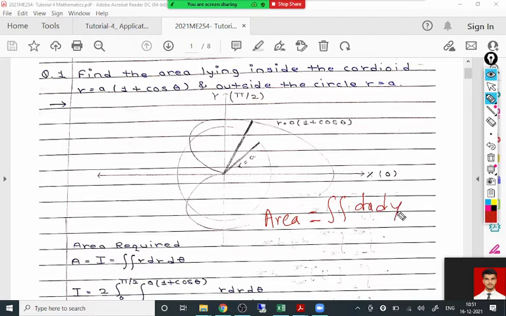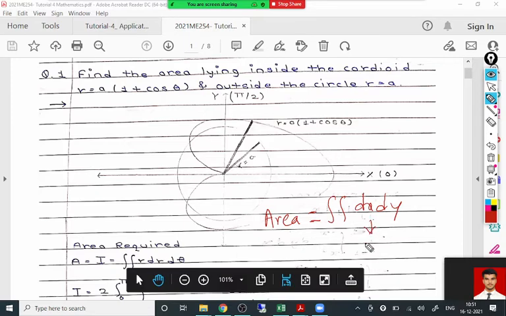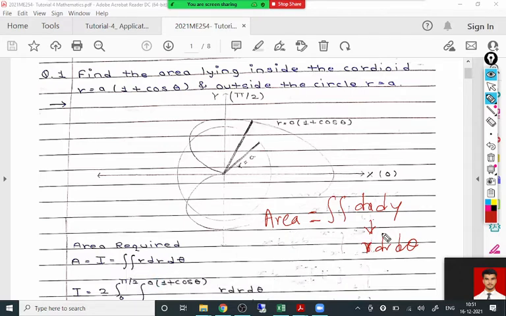Now, when we transform the double integral from Cartesian to polar, except for the ellipse, the value of dx dy is r dr d theta. That you have to remember. And why is that r coming? R is coming because of the transformation; we are not going into the proof of that. There is a Jacobian formula where you require partial derivatives and a determinant, and that proves dx dy is r dr d theta. Clear?